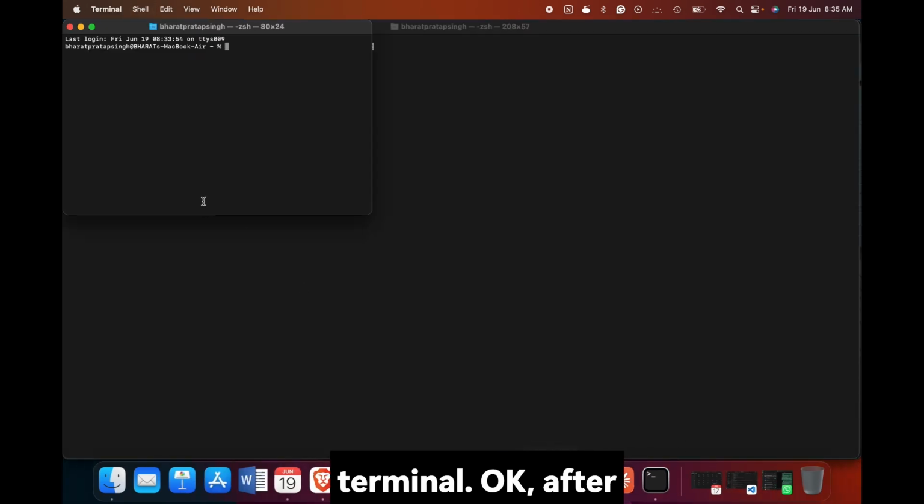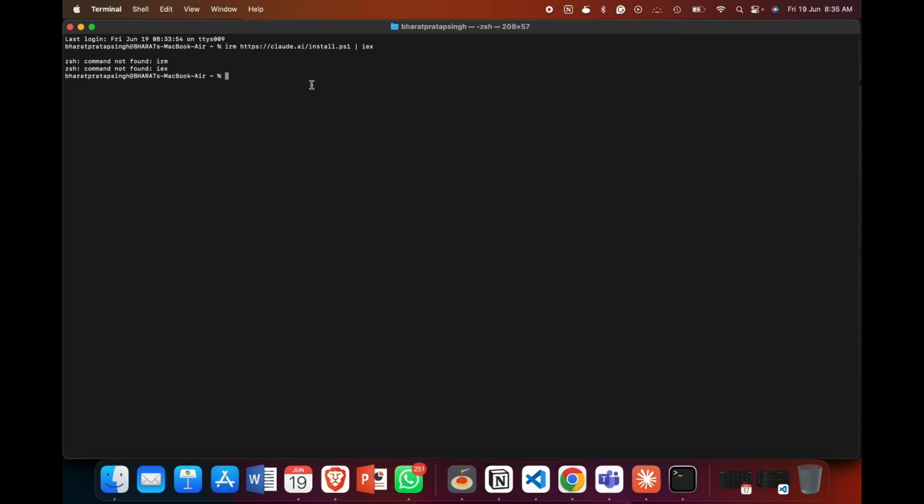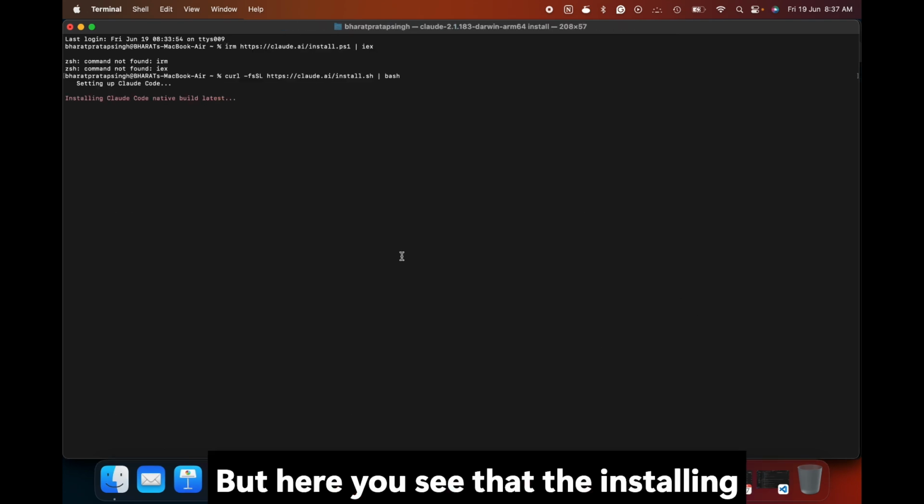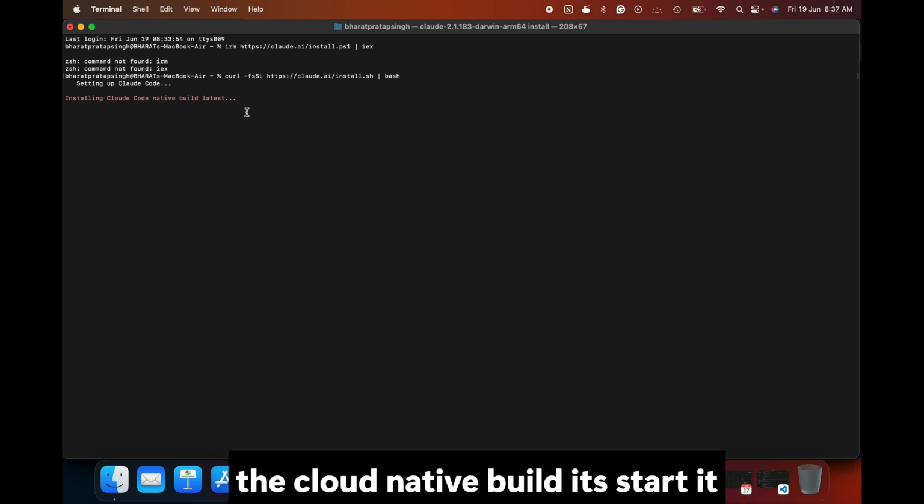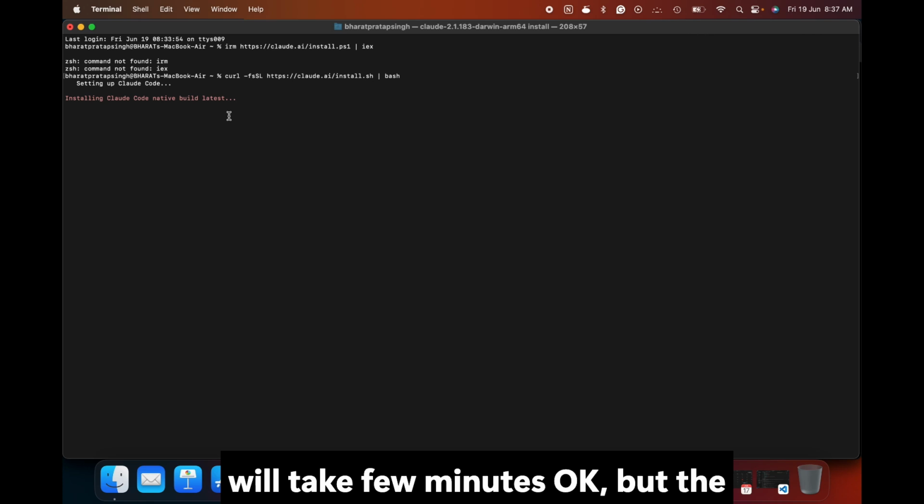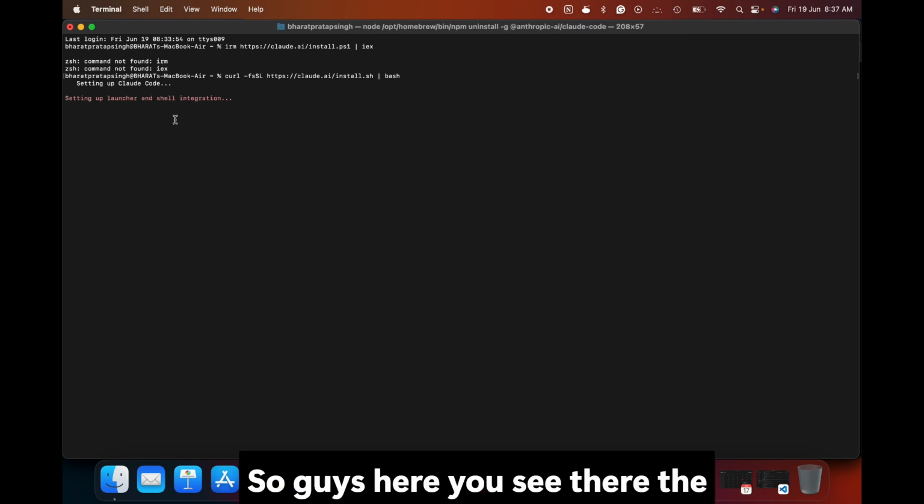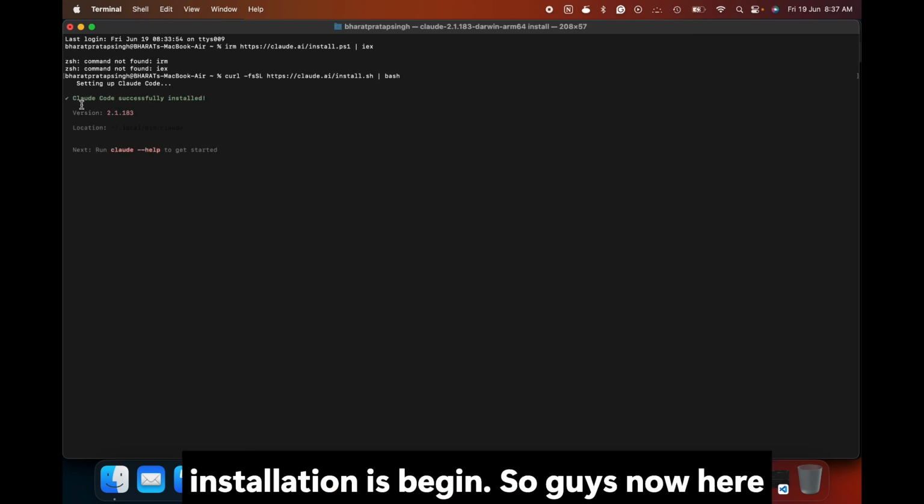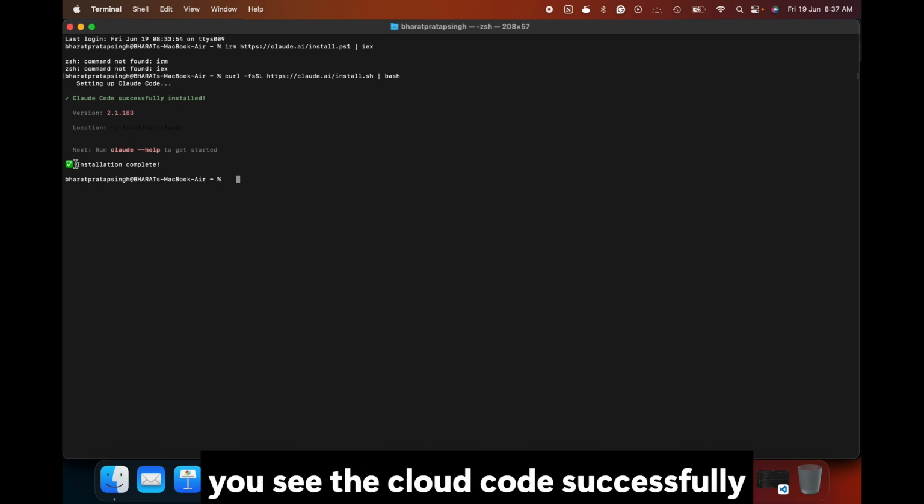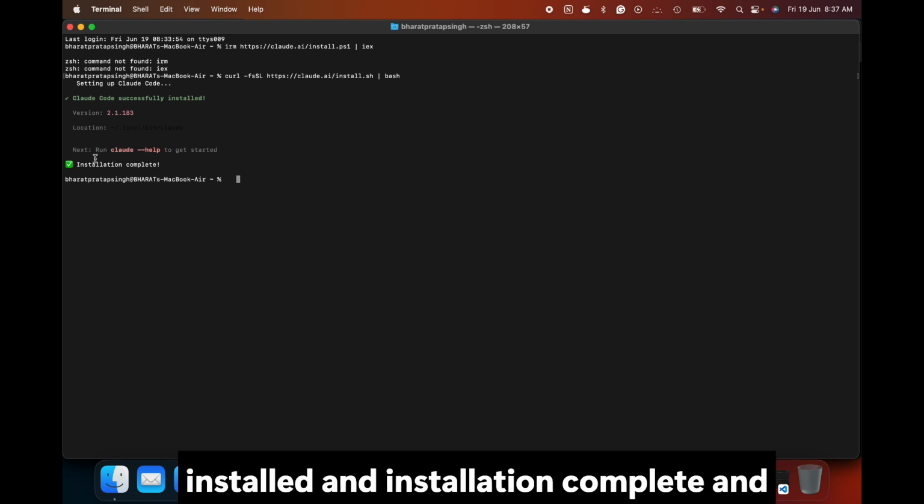After opening it, here you see that I am running a command. Here you see that the installing of the Claude native build starts. It will take a few minutes. Here you see that the installation has begun. Now here you see Claude Code is successfully installed and the installation is complete, and it shows you that the